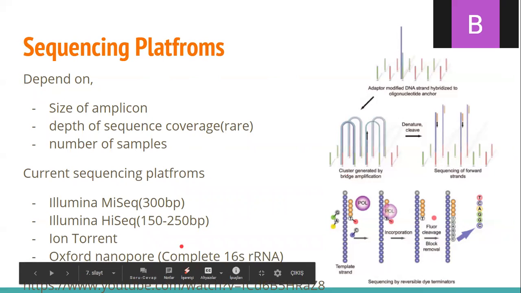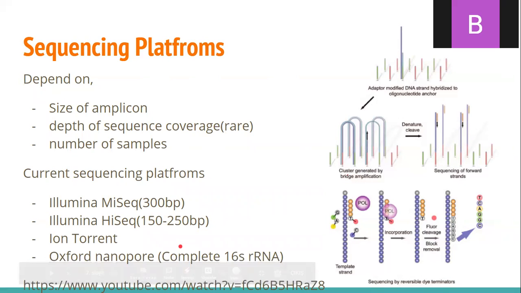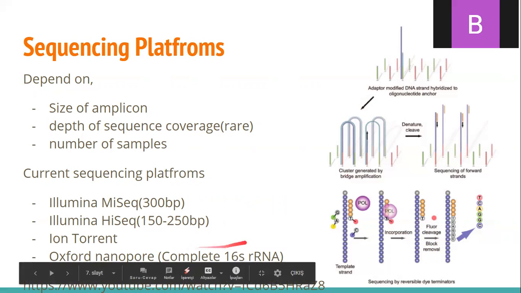For the Ion Torrent, this method detects the hydrogen ions released from the matching nucleotides. Actually, every nucleotide, when they match during the transcription process, for polymerization, releases a hydrogen. So they basically detect these hydrogen ions for sequencing. And for the Oxford Nanopore method,